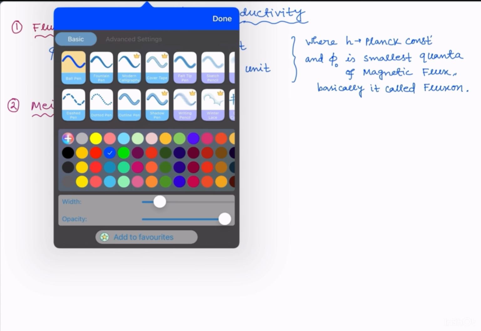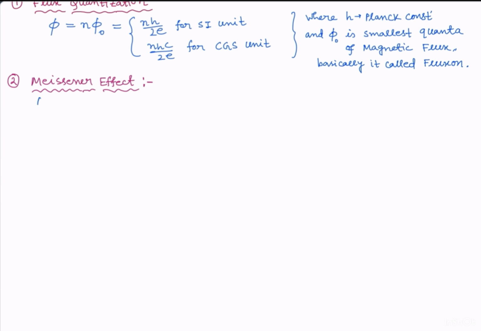This is the very important thing. At T less than Tc and H less than Hc, the superconductor shows the Meissner effect,